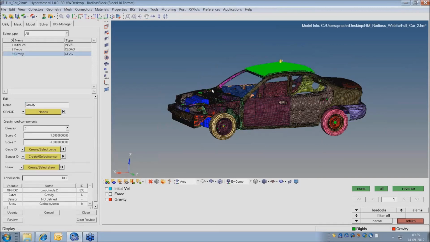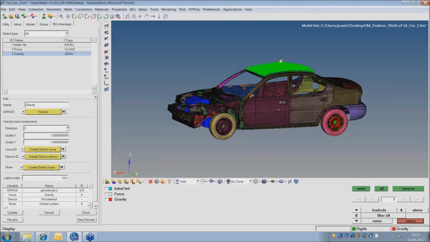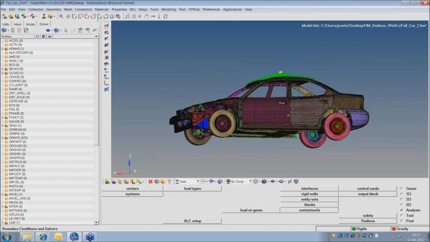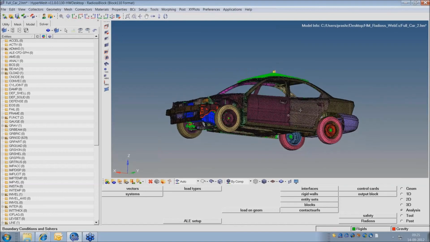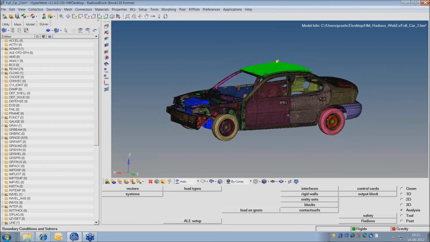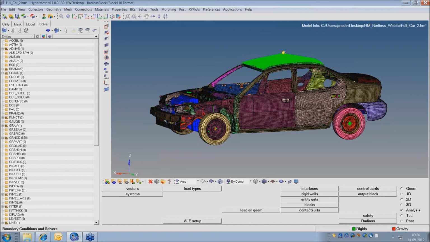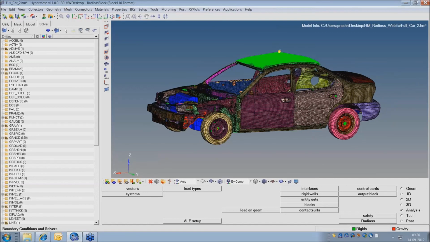Okay. So what I was telling was, we have applied the gravity load in negative z direction. That load will always be pushing this car down, and we don't have anything to restrict that z movement. But that is not the case. In the case of impact, the car will be moving on a road, and here we don't have anything which will do that activity for us. So now I have two options. Either I can apply a boundary condition, maybe on this wheel center. What that boundary condition will do is, it will not allow the car to move in that direction.